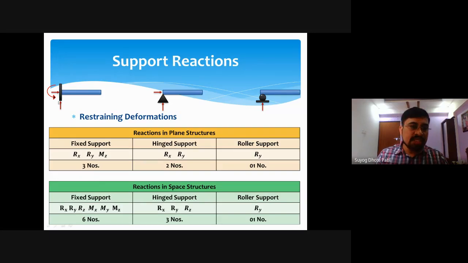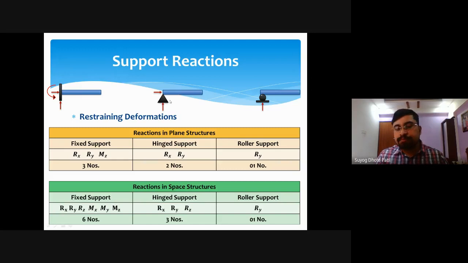So this fixed wall provides the reaction in the horizontal direction, the reaction in the vertical direction, as well as the moment, so no movement is possible. No movement possible in the sense that no rotation is possible, either in clockwise or anti-clockwise direction. Therefore, there are three reactions, that is Rx, Ry, and Mz. Similarly, for the